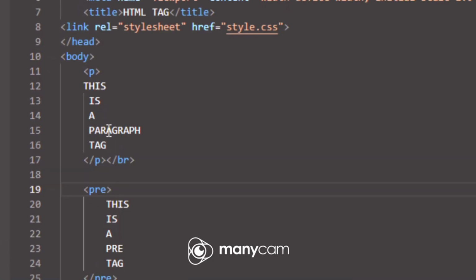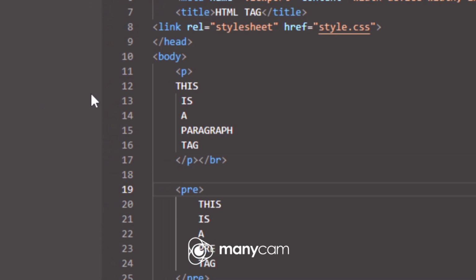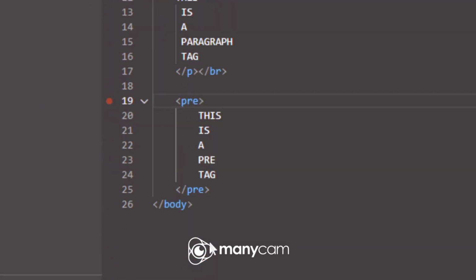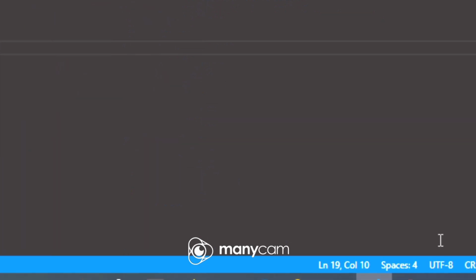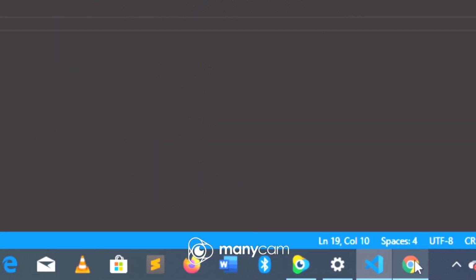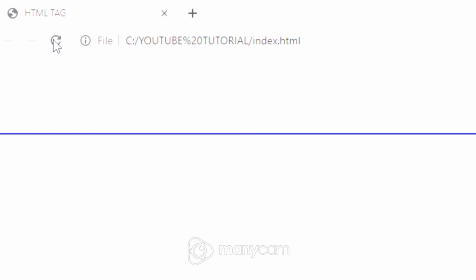As you can see here, the paragraph tag will render in one line, whereas the pre-element tag will render as it is in VS Code here. So let's check it out. So as you can see here, this is a paragraph tag, this is a pre-tag. Number two,